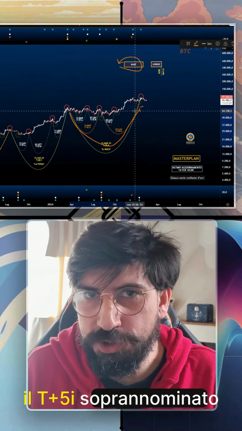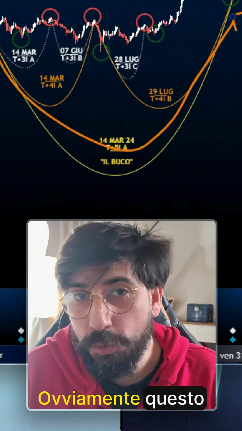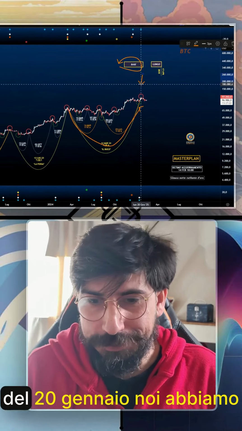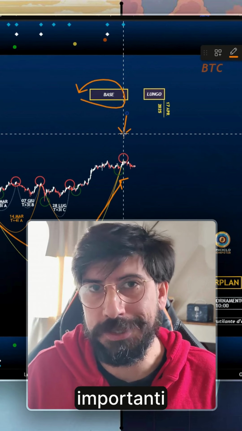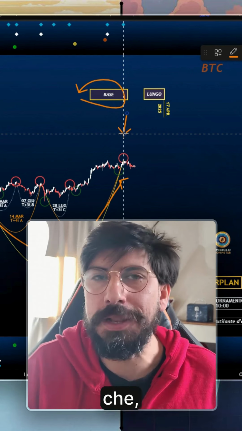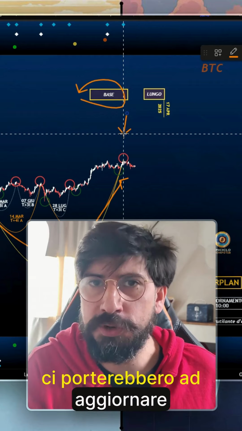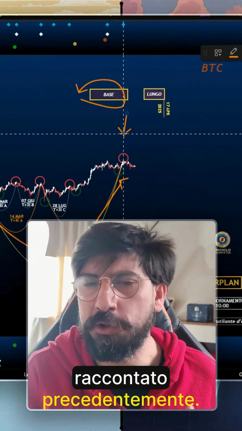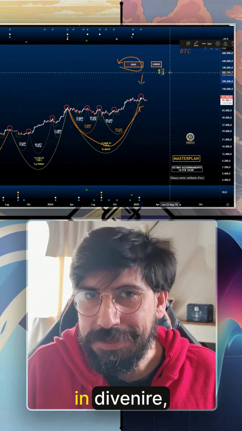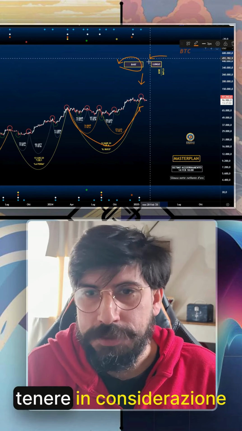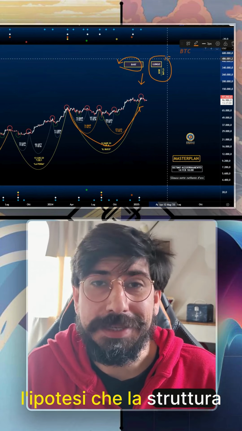T+5 nicknamed the hole. Obviously, this would mean that since the peak of January 20th, we have launched very important structures, and they would obviously be those that by pushing would lead us to update lows in the previously described scenario. But given that harmonic structures are dynamic and evolving, we must always consider the hypothesis that the structure still